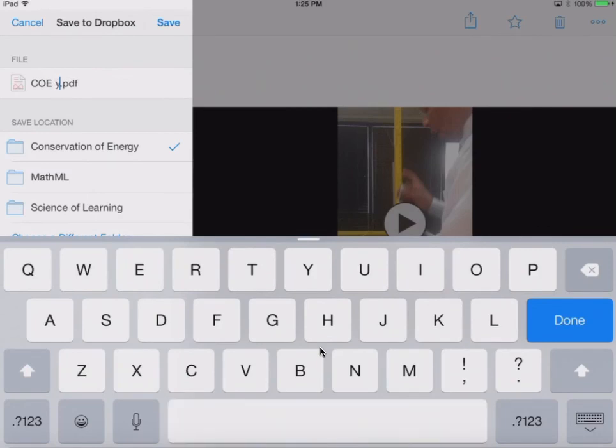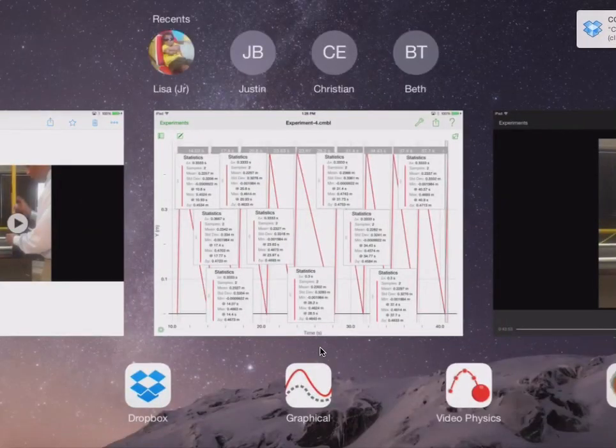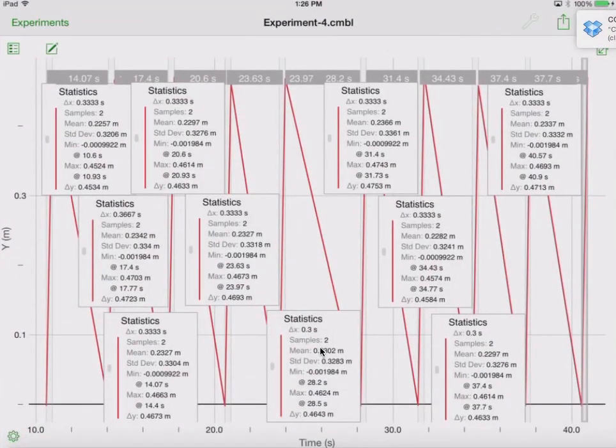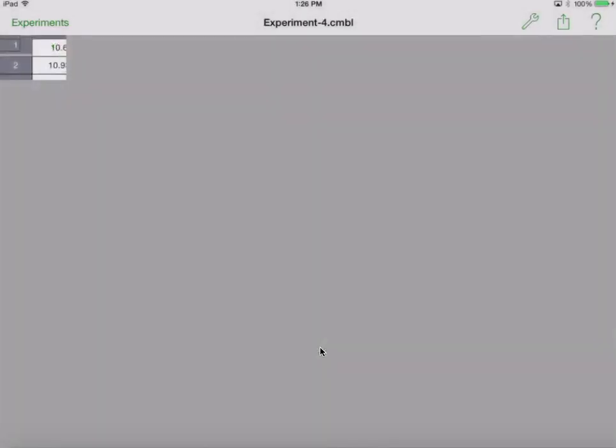Okay, so I'll just save that. So after that, we're just going to take this information, we're going to change this into a table. Then from that table, we're just going to send that information right on over to Microsoft